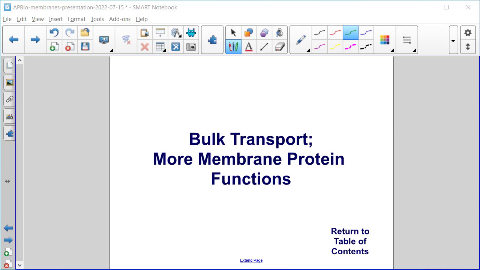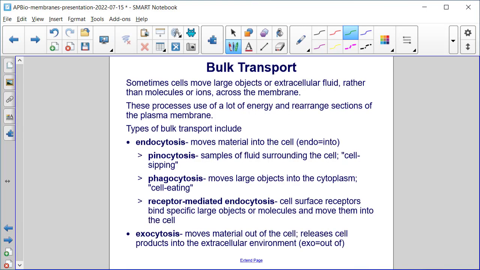In this final section, we're going to discuss bulk transport and some more membrane protein functions. Sometimes cells move large objects or extracellular fluid rather than molecules or ions across the membrane. These processes use a lot of energy and rearrange sections of the plasma membrane. Types of bulk transport include